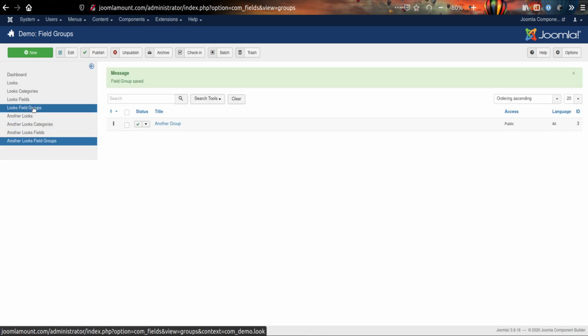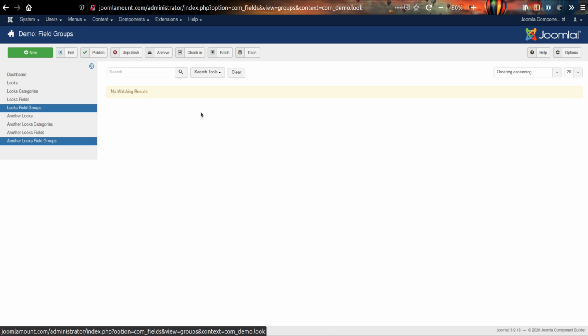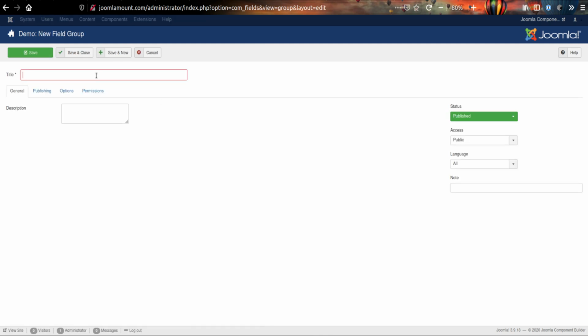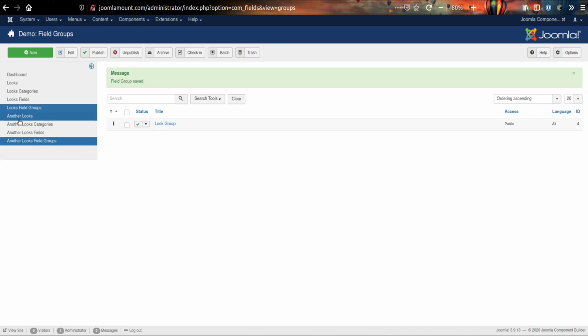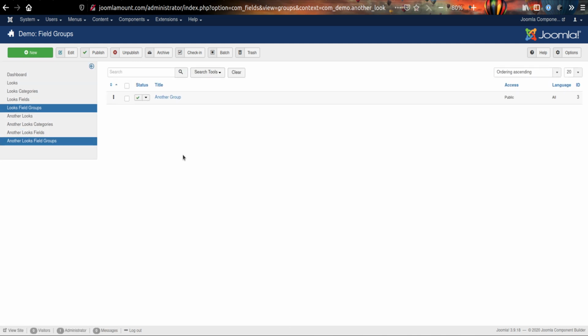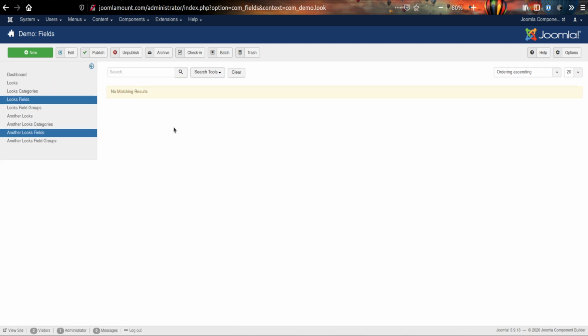and then I go to the looks area, you see it doesn't show. And if I click new, and say look group, save and close, the other group doesn't show, and it literally is isolated. So the only issue I need to address here is that the submenu would not light up both and be a bit confusing. If I now then go into the fields area,